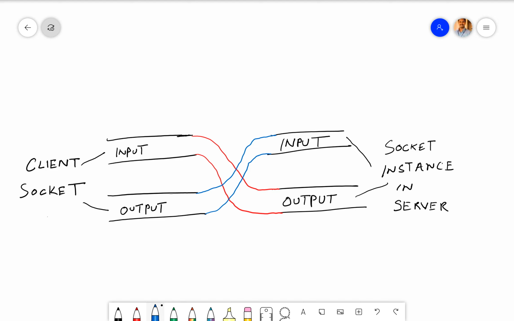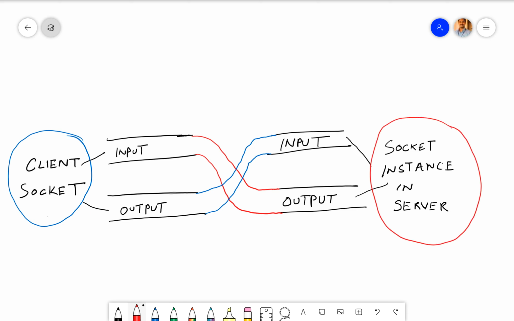Okay, so what we normally do is create a server, and we have a client which connects with the server, and on the client side we create a socket. On the server side, when a client gets connected with the server, it creates a socket instance for that. So on the client side I have a socket which I create. In the same way, on the server side a socket is created whenever a connection is accepted by the server. It's not a server socket over here, it's different. A new socket is always created for each and every client.